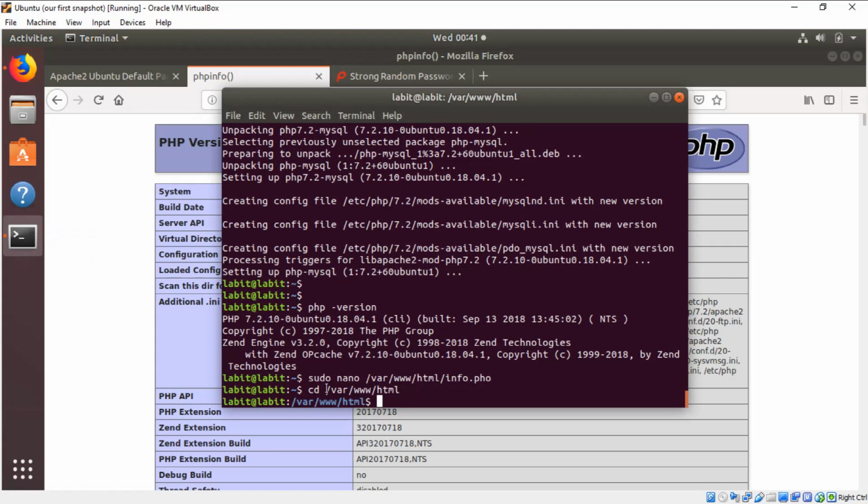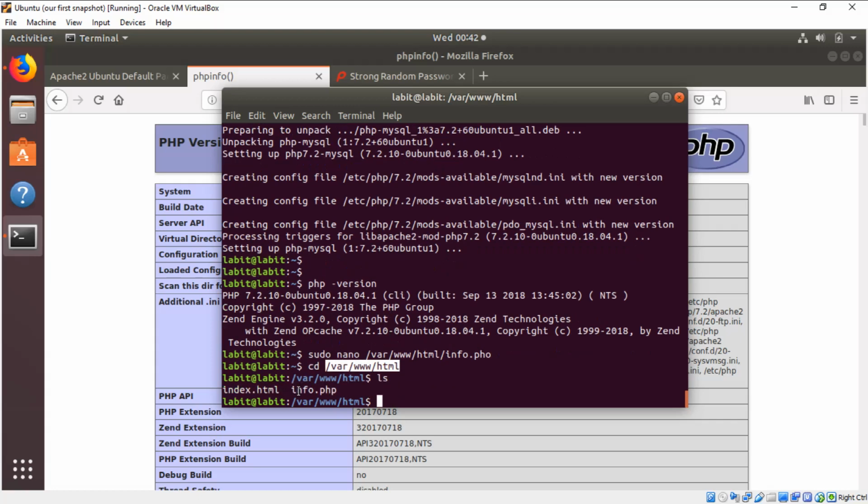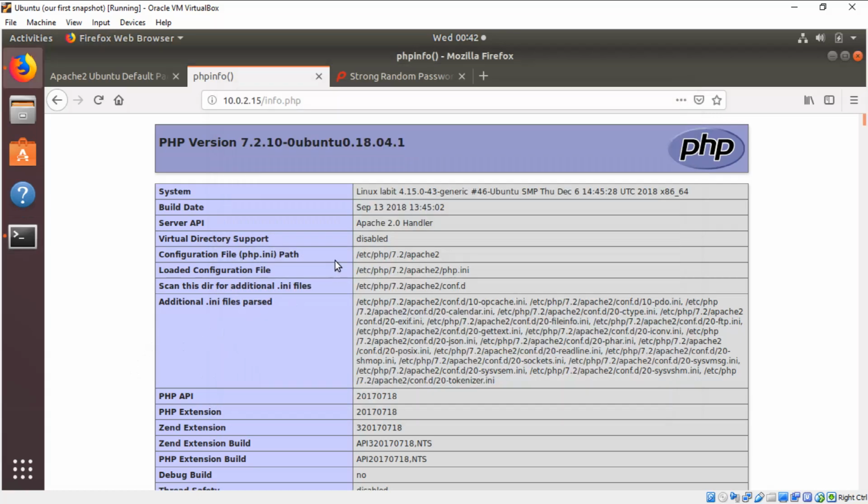So just remember, /var/www/html is the home for your web server, so you'll put in the index.html file or home.html file in this location. Now because this info.php file has some sensitive information, like where your configuration files are at, what the build of PHP is and all that sort of thing,